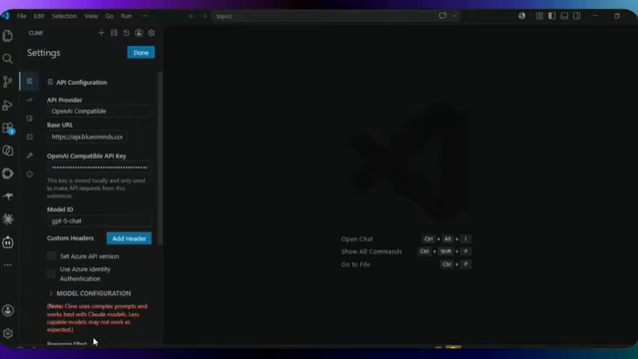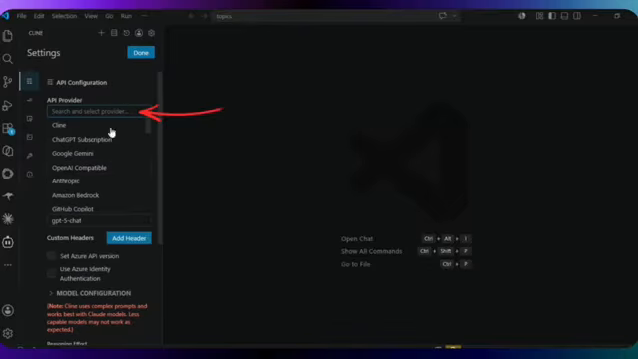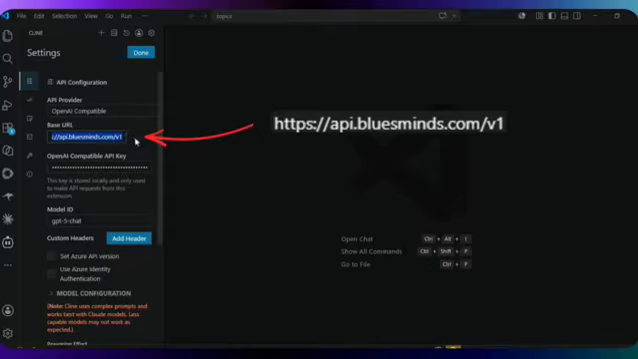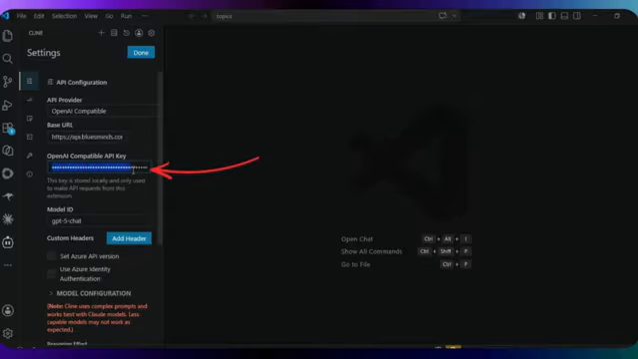Now click on the Models section at the bottom, then go to API Provider at the top and select OpenAI Compatible. After that, paste the URL into the base URL field. I'll show it on screen and drop the link in the description below. Then go ahead and paste the API key you just copied into the API key field. Now you need to select a model. To do that,